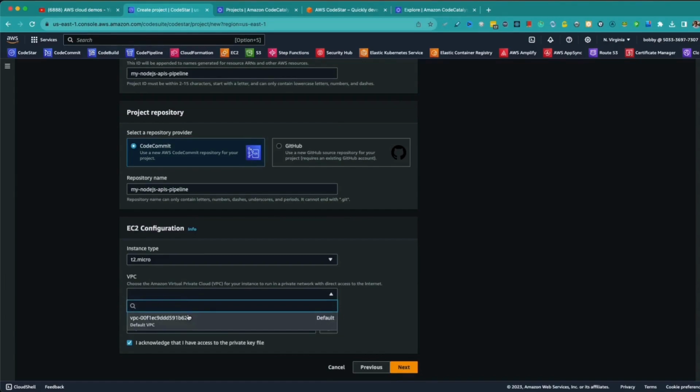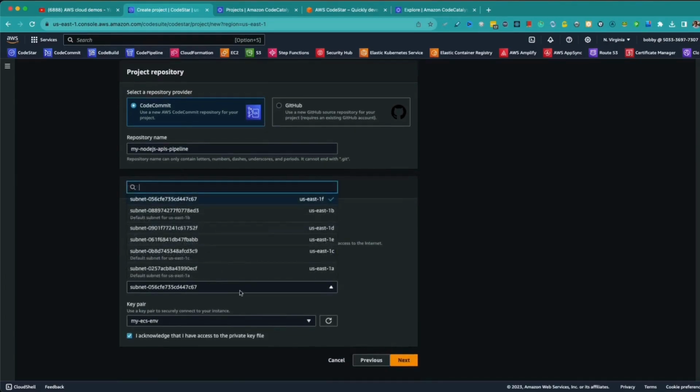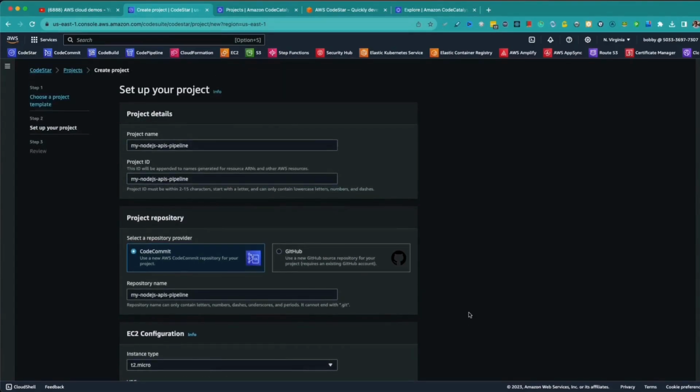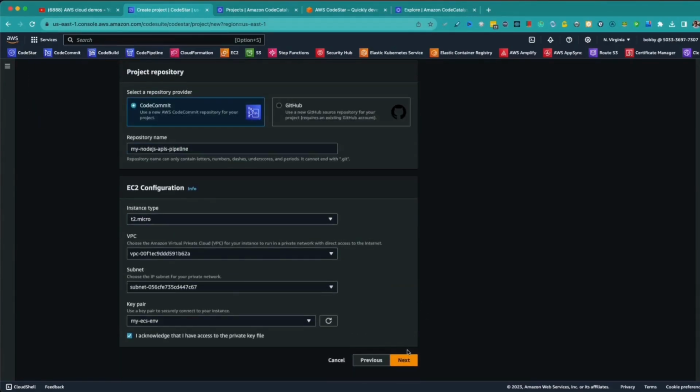So now this is my VPC, and I can choose my default VPC, and you can choose the subnet whichever you like. In my case, I just selected the default one, and also the key pair, so you can create the key pair as well. And if you go to next step,